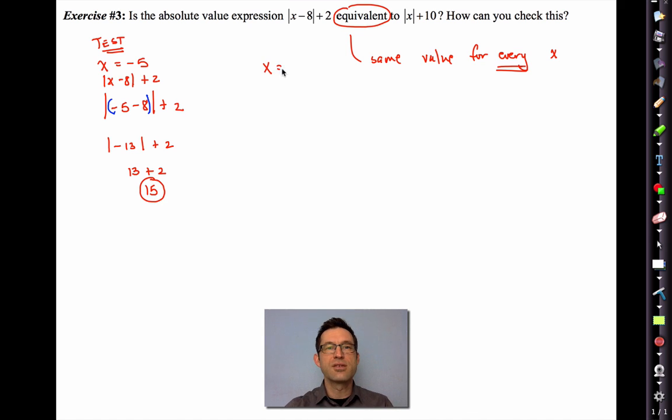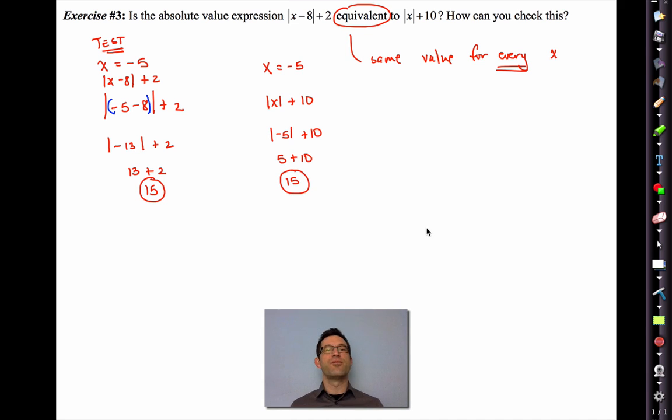On the other hand, let's put x equals -5 into this expression. Well, when I put -5 in and take its absolute value, I get 5 plus 10, and I get 15. Now, boy, that gives us some very, very convincing evidence that these two are equivalent. And yet, they're not, right? This seems to imply